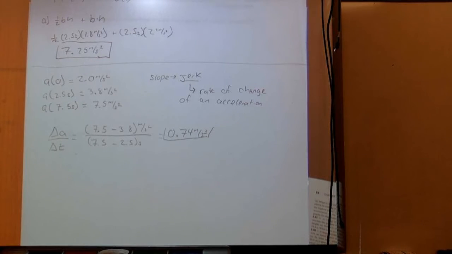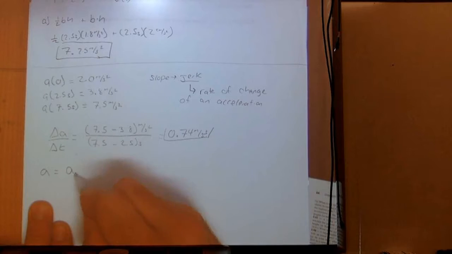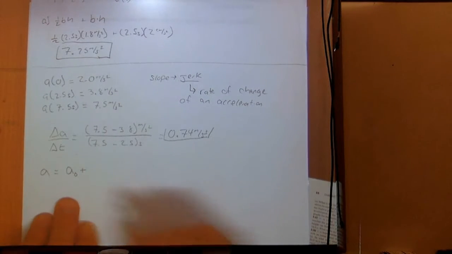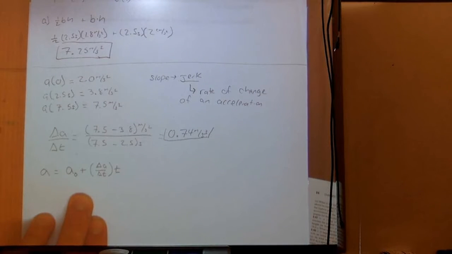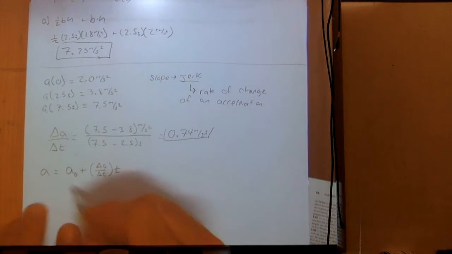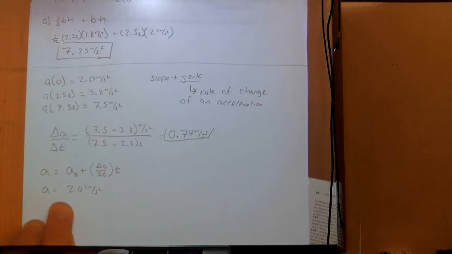So now we want to relate that to some acceleration, right? I want to relate that to my initial acceleration to find out how fast I'm going at some specific time, right? So acceleration is equal to my initial acceleration plus my rate of change, my delta A divided by delta T, at some specific time T. So what is that going to look like? That's going to look as A is equal to my initial acceleration, 2.0 centimeters per second squared, read that straight from my graph,